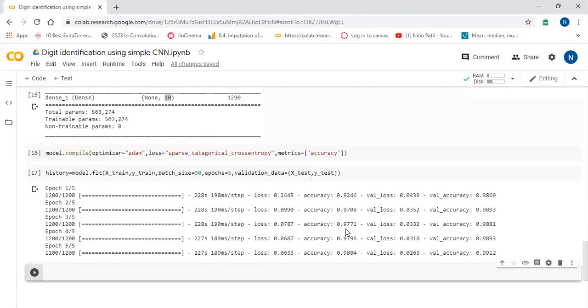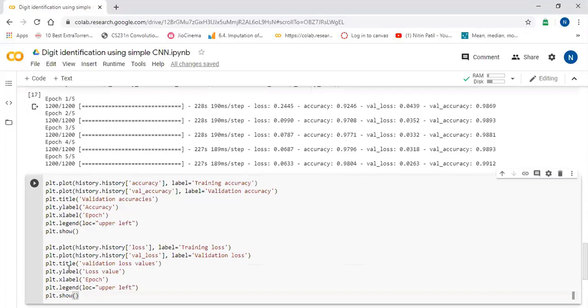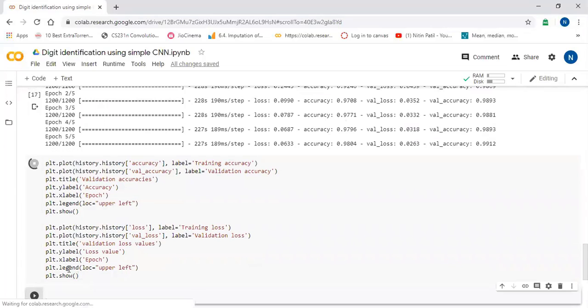Now we can see our training has been completed with the 5 epochs, and accuracy is around 0.99. So we are getting a good accuracy over here. We can see how our training has been completed and how our model has been learning with graphs as well. So I have coded for that.